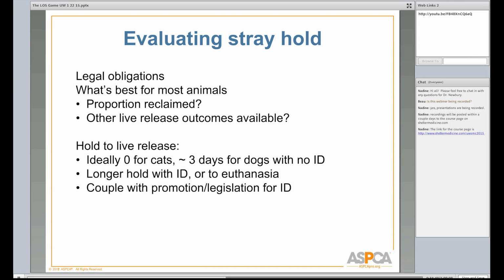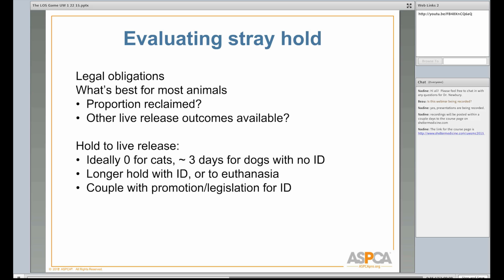So in Dane County, for example, the return to owner rate for strays is over 60%. That's huge. It's something that is very, very nice in this community. When does that happen? 10 days after the dog comes in? No, usually it's the same day. Sometimes it's the next day, but it's not a week later. So having a 7-day stray holding period in the state of Wisconsin puts an enormous burden on the shelters and also on those animals who can't move on to another live release outcome when no one is coming for them.